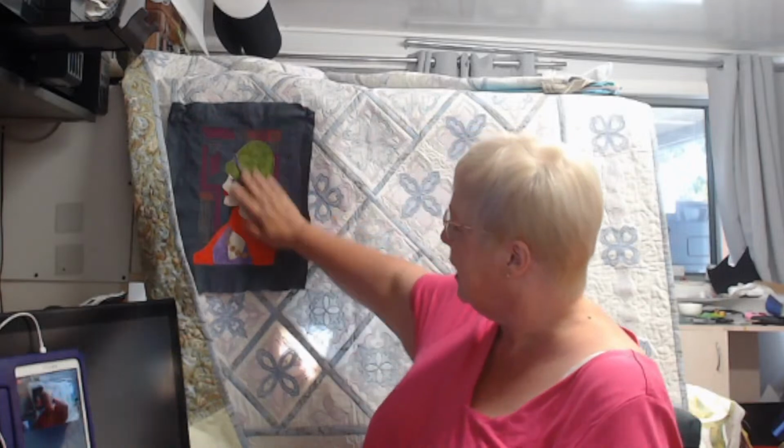Okay, so I hope you're all having a great day. You can see here I've got my finished block 1 from our Deco Divas, and today we are going to work on the second block. And the second block, and I keep on getting the names wrong with these, is Lola. So Lola is a bit of a jazz singer. I'm going to do Lola with a beautiful emerald